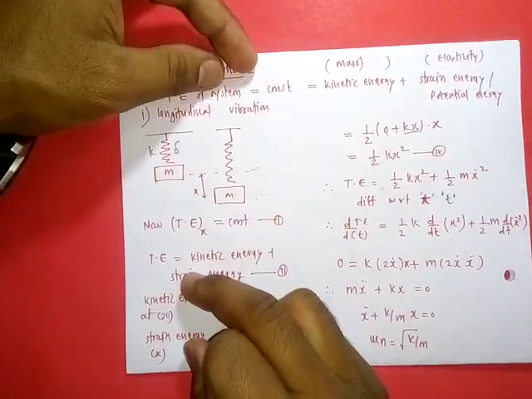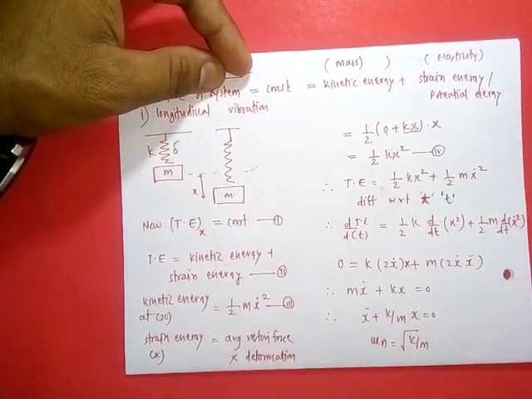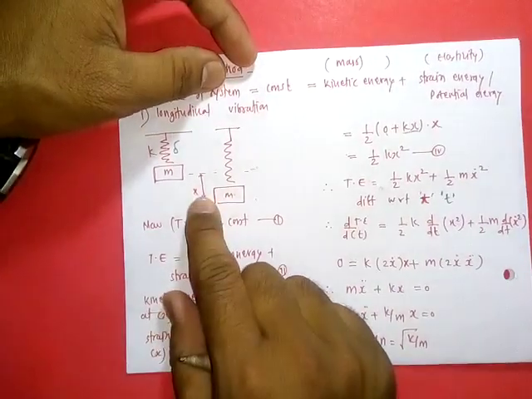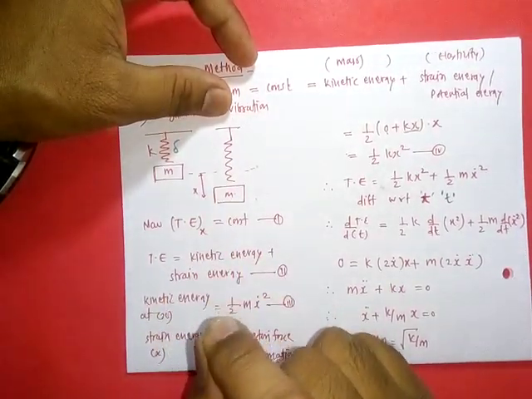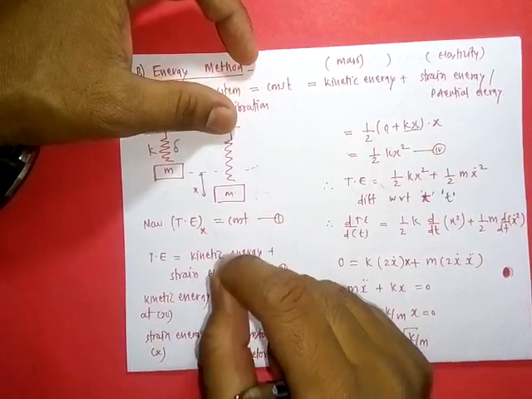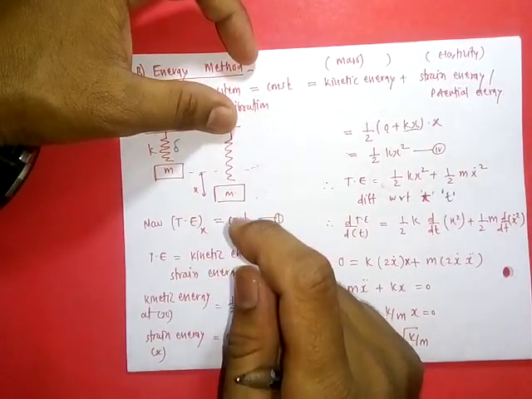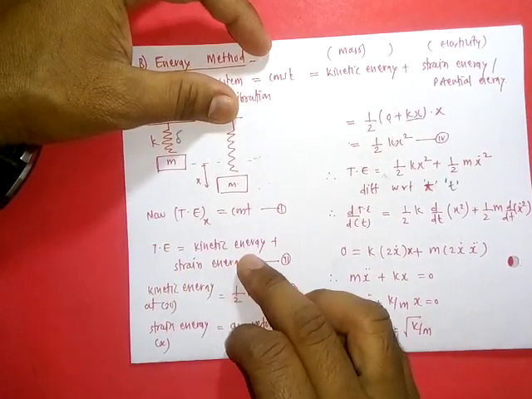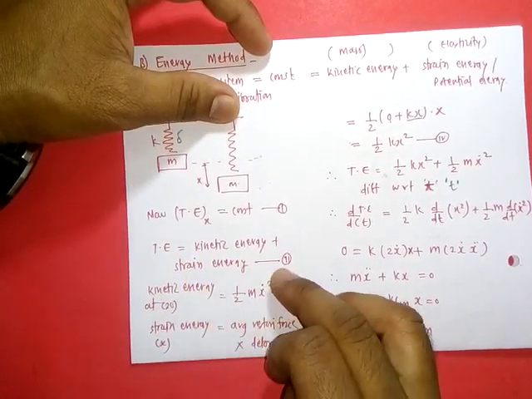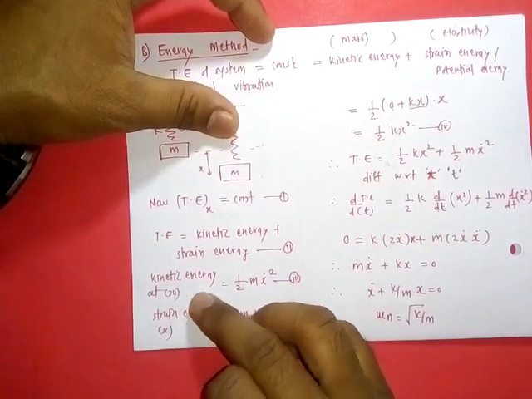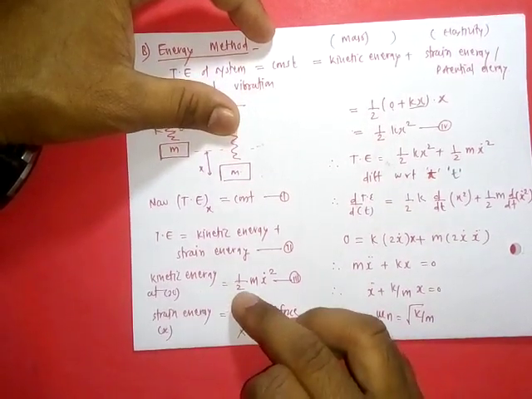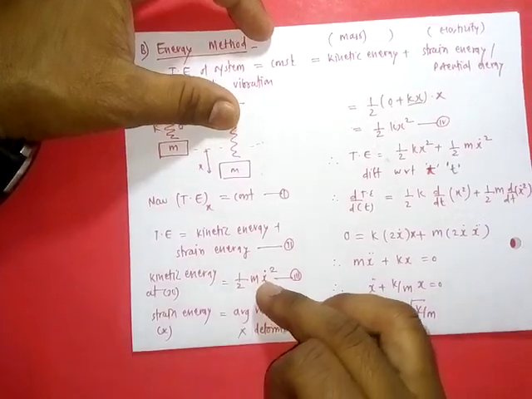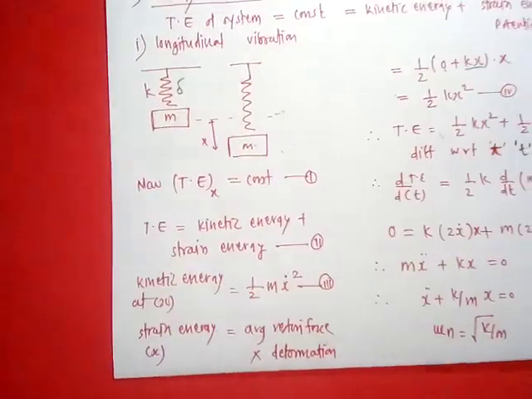by energy method total energy is constant. So calculate energy at this intermediate position. We are considering intermediate position, not extreme positions here. So total energy is equal to kinetic energy plus strain energy at that instant. Kinetic energy is then 1/2 m, velocity is x dot square. So kinetic energy will be